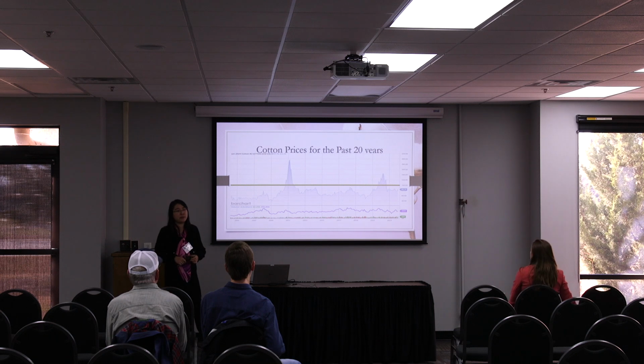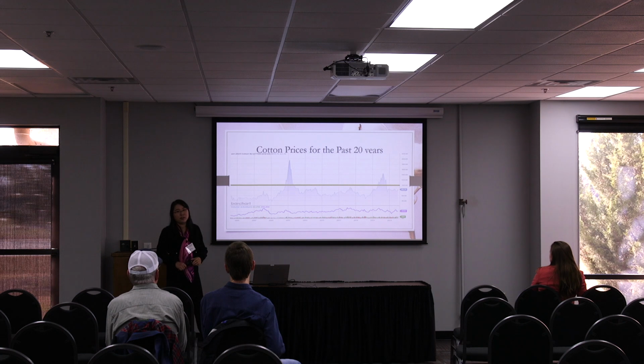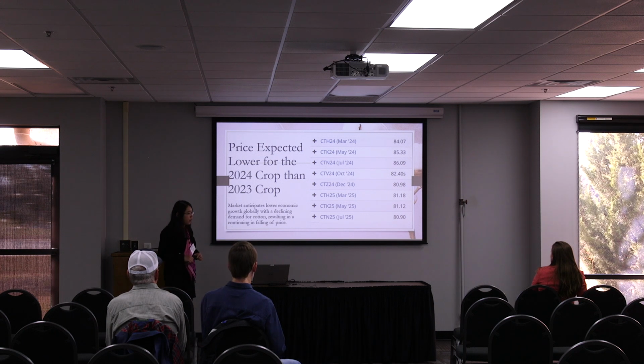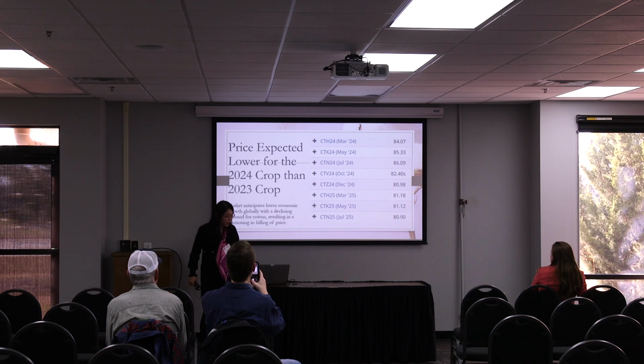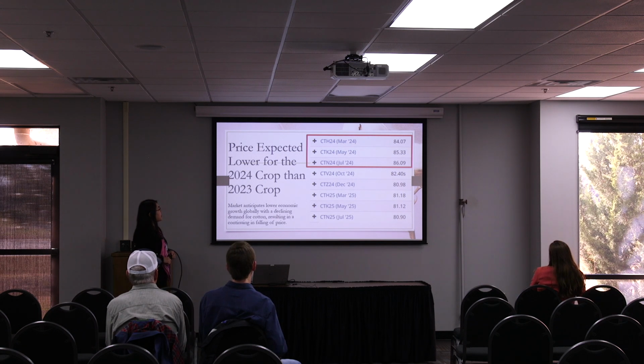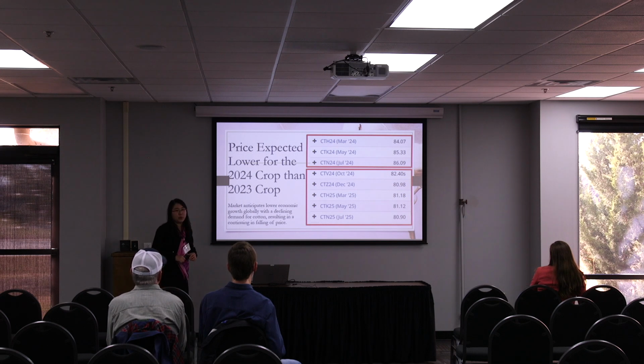But that tells us some stories. Will those 2 things happen in the future? Unlikely. So that tells us the price expectation for this coming year. I pulled the data for the different futures prices for the old crop as well as the new crop yesterday. The chart shows new crop prices trending around 85 cents per pound, and for the following year's new crop, prices are trending around 80 cents per pound.